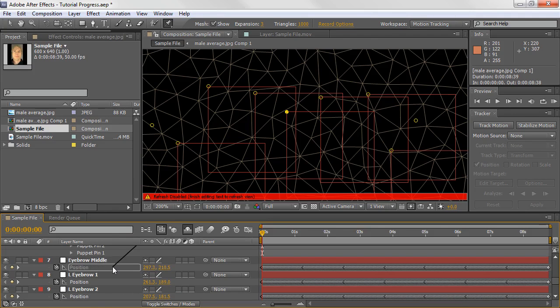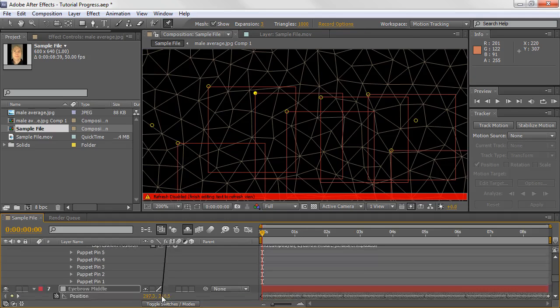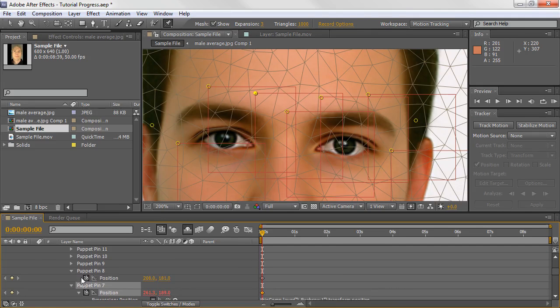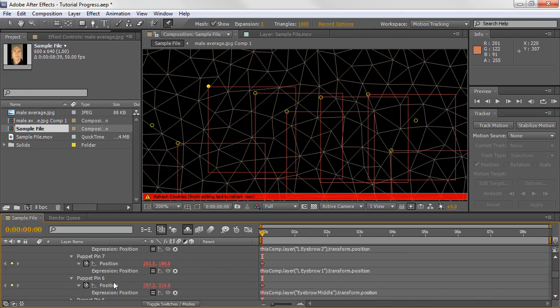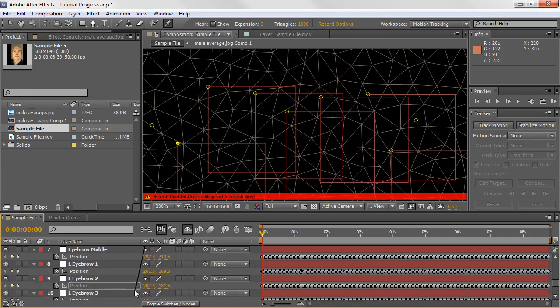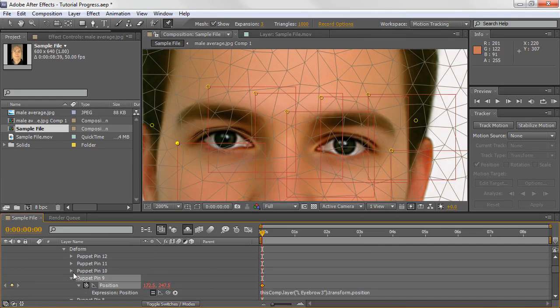So we'll drag it to the position properties of eyebrow middle. Do the same for puppet 7, left eyebrow 1, puppet pin 8, left eyebrow 2, puppet pin 9, left eyebrow 3, and now on the right side,